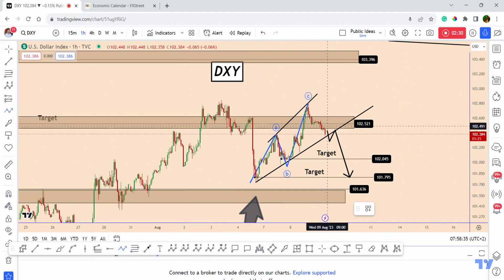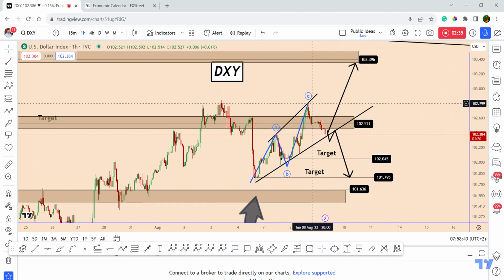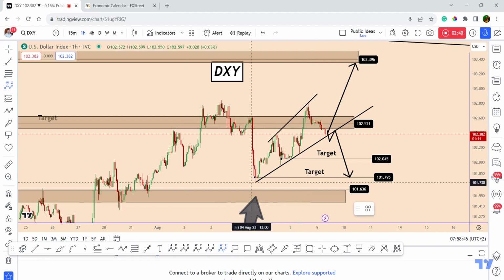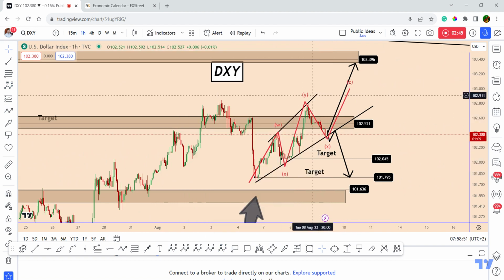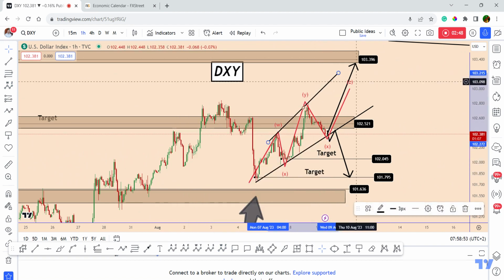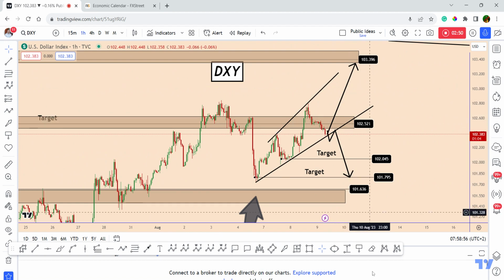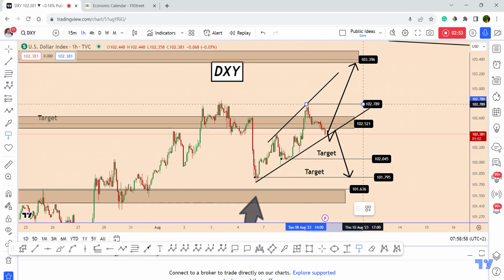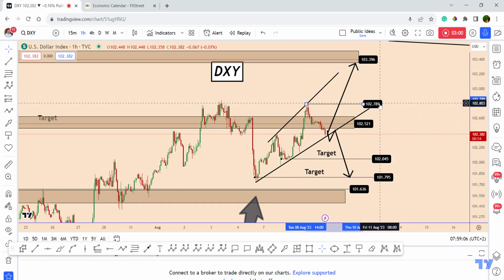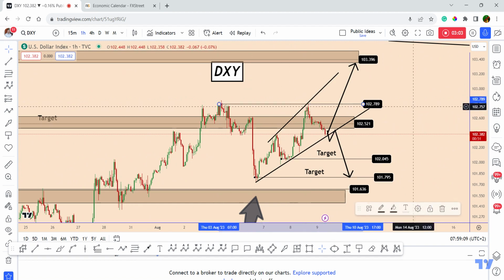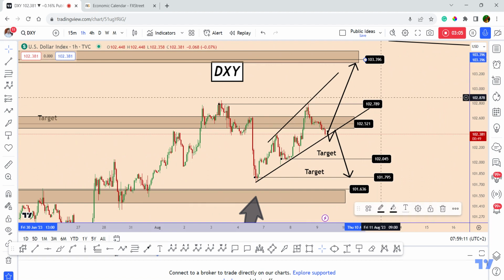On the other hand, if the price will develop more, we are in a critical zone, and we may see dollar index to bounce up at this point, and the chances are that we may see a type of WXYXZ development for this pattern here, so it can continue to expand further, and the chances are that we may see the price to test the top and probably higher up to the second target. However, until that moment, it is better to have conservative targets,